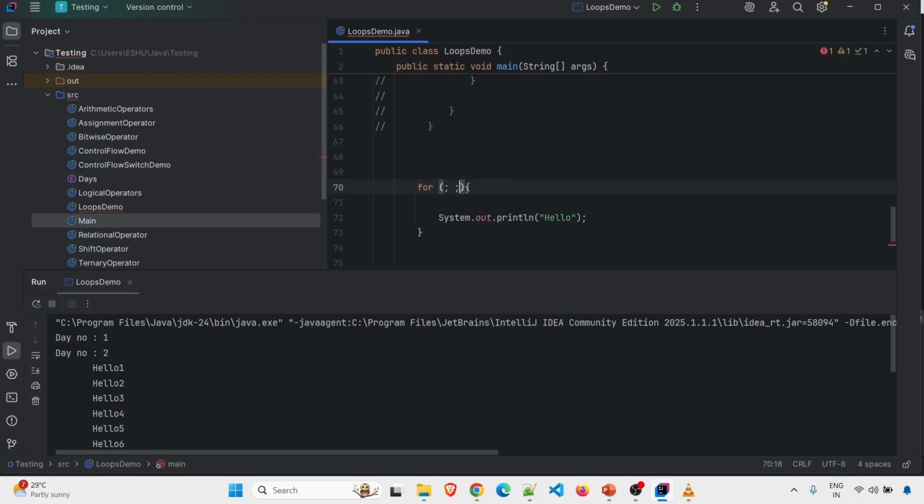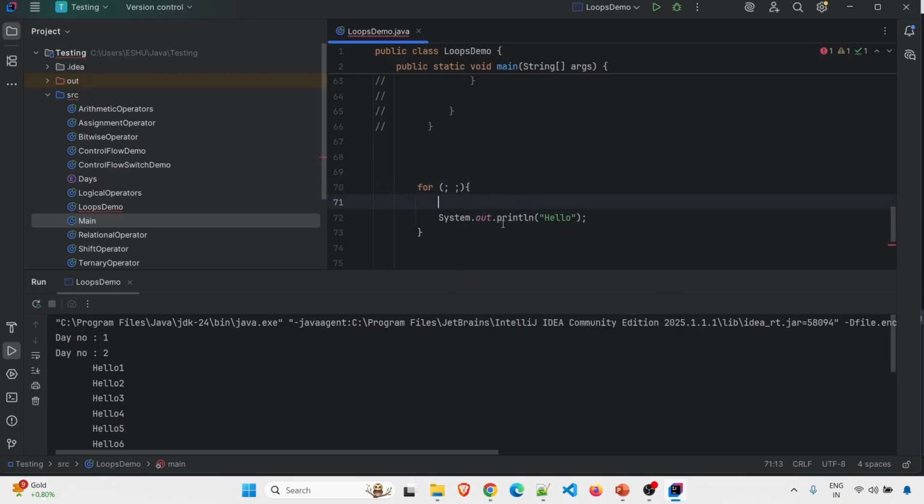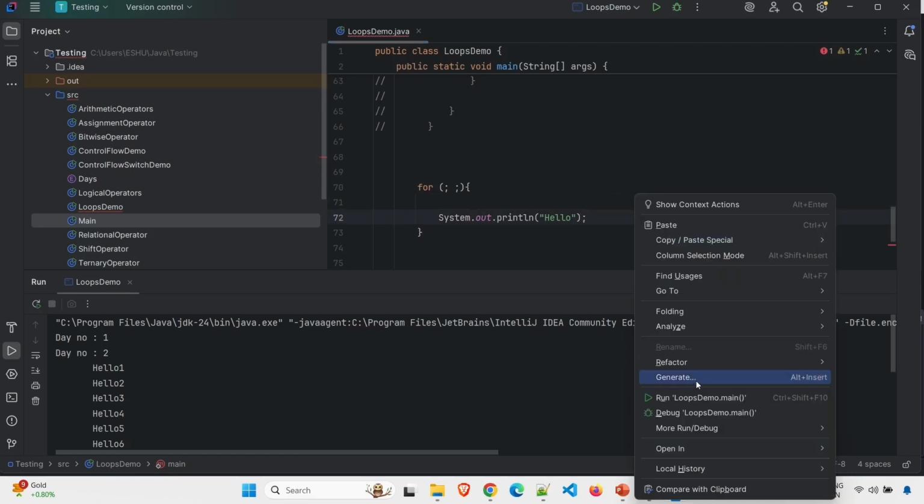So this still is a valid piece of code, and if you execute this code, it will go into an infinite loop. So what is an infinite loop? It means this loop will continue to execute for an infinite number of times until you manually go ahead and stop it, or the system goes out of memory, or the system crashes. Till then it will continue to execute. So if I run this code, I can see,